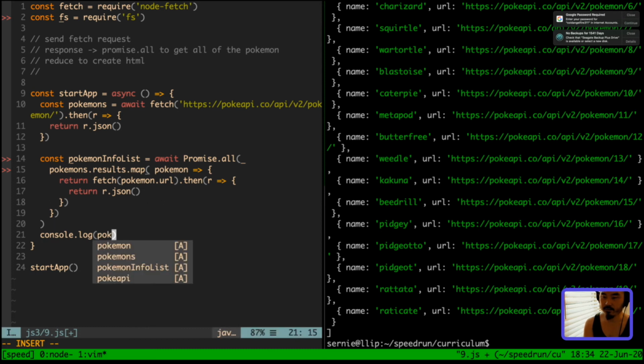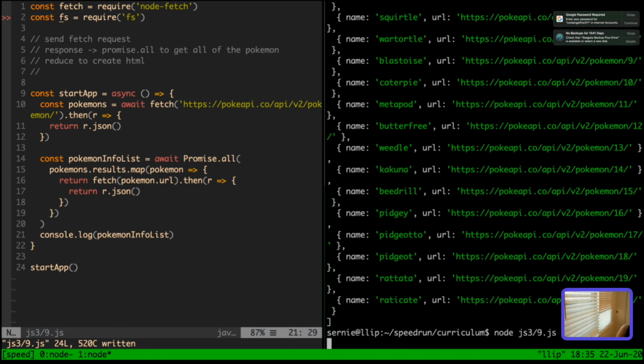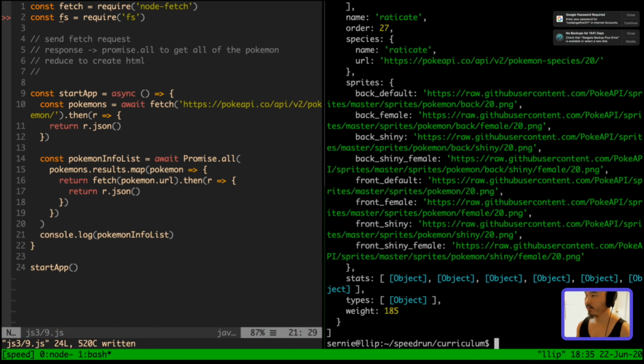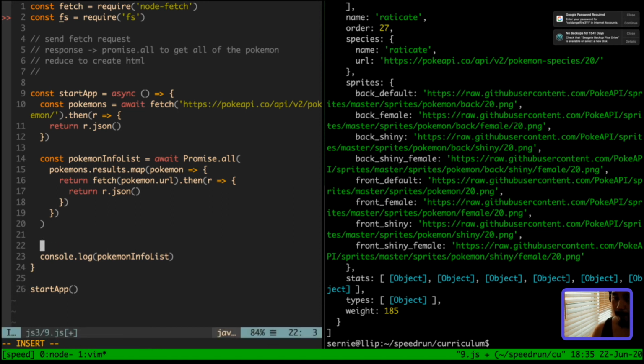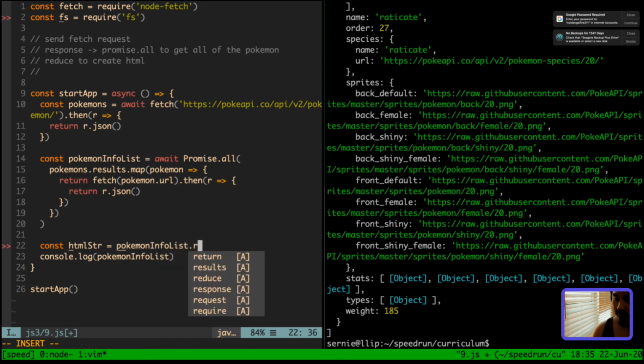And now pokemonInfoList. Let's see what I get here. Look at that. It's an array, and within the array, I have stuff like name and sprites. So now I can generate my HTML. Const htmlString equals pokemonInfoList dot reduce, because it's an array. Accumulator, element,